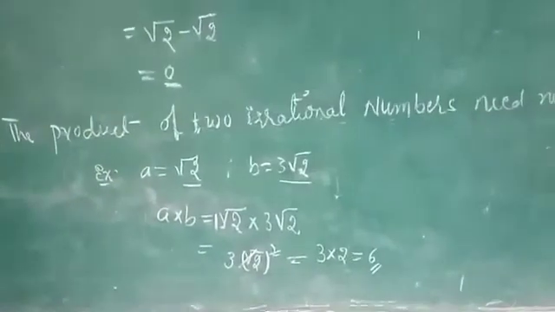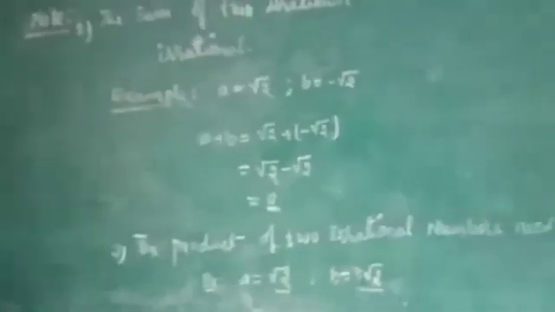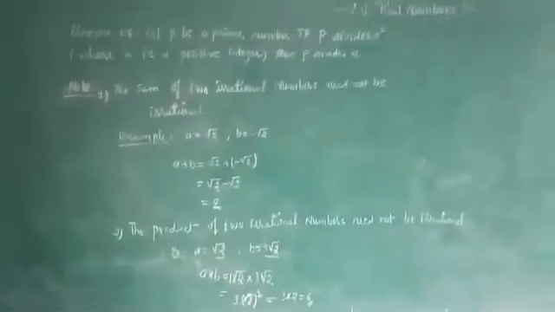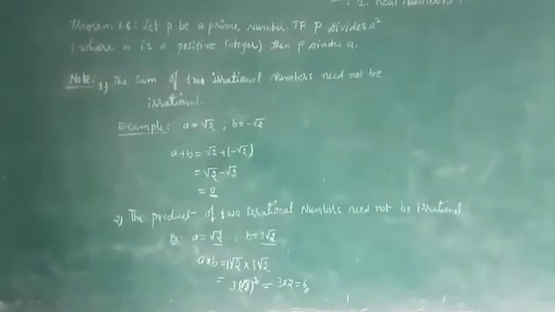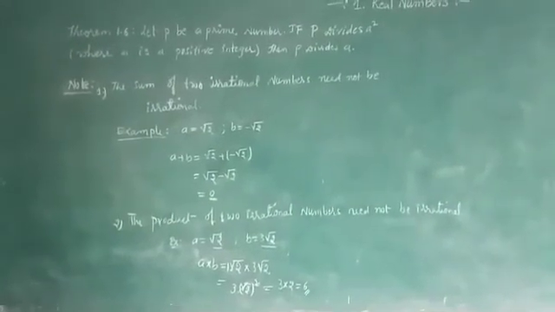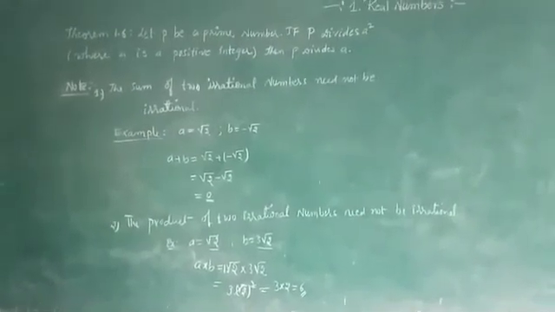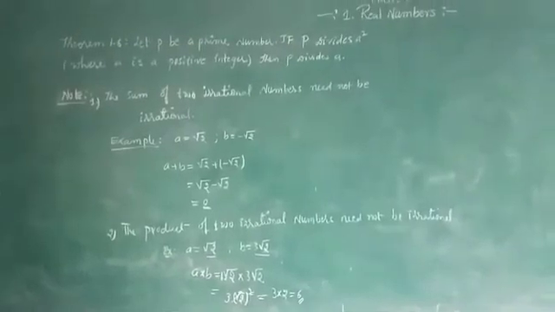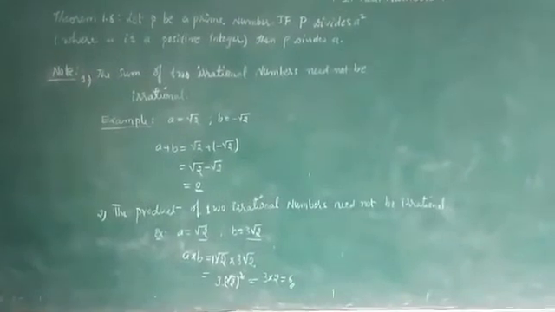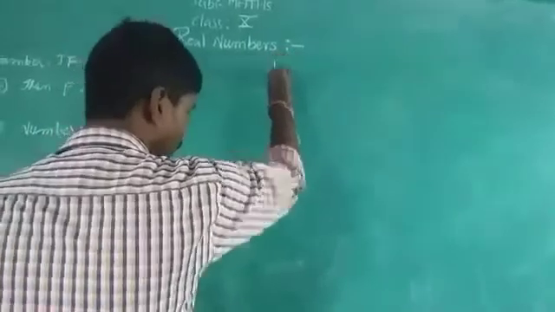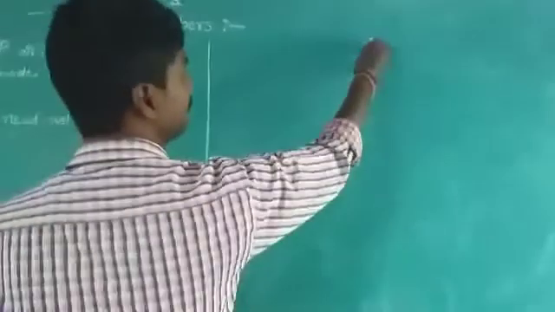So try to focus on it clearly. You need to observe this totally. These are very important. These two notes will be given for objective type questions or one mark questions. That's why I am explaining them. The theorem is very important for the problems. That's why I wrote it on the board. So try to focus on it. Now I am going to start the exercise.